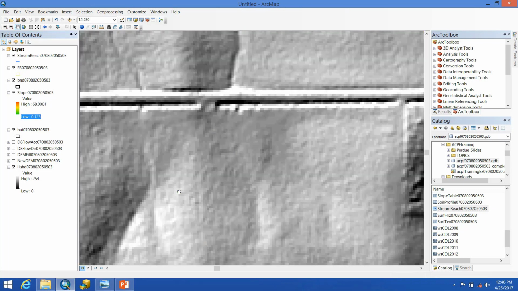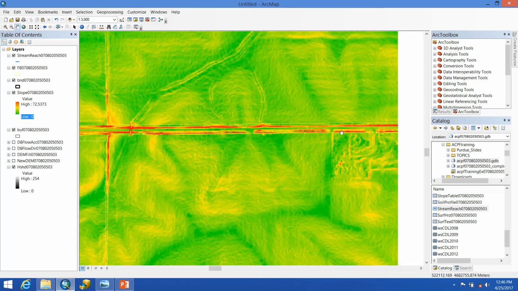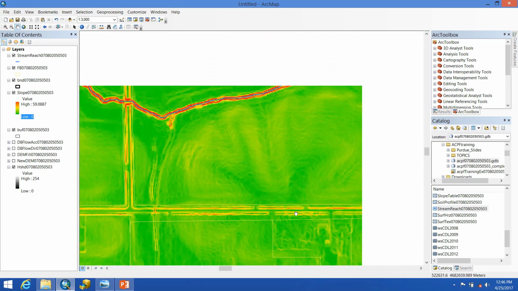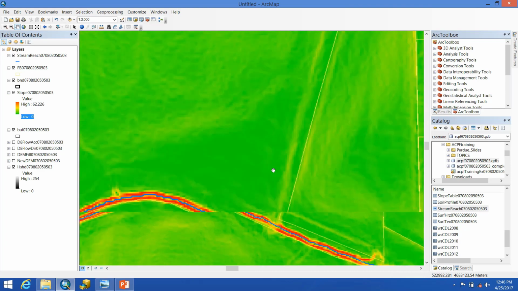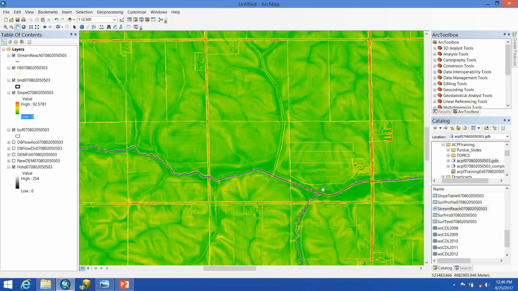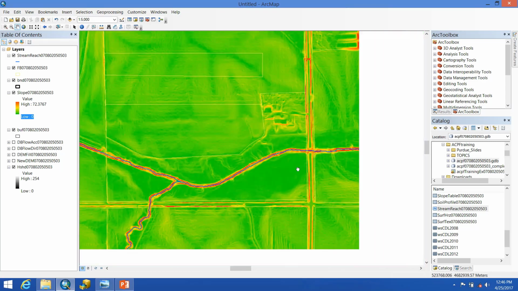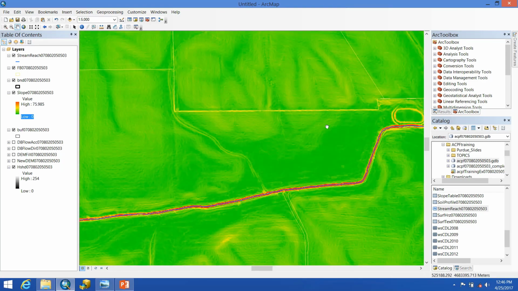Alright, so the slope raster will be very handy for understanding where steeper slopes are or where low-lying areas are that may be susceptible to things like hill erosion or flooding based on how the slope characteristics are within a field. You can see that a lot of the high slopes tend to occur around roadways and streams where there are ditches or steeper banks, which makes sense.